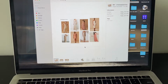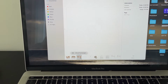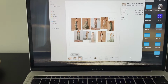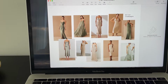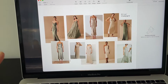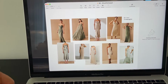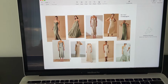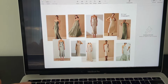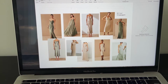Okay, so here's what we have going on. I was making a few different boards here. Okay, so this is one. I think this is my favorite too. This is a combination of the olive and champagne colors. I just browsed around and pulled out some colors, some dress styles and such that I liked from the interwebs,